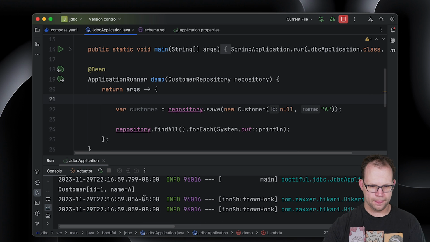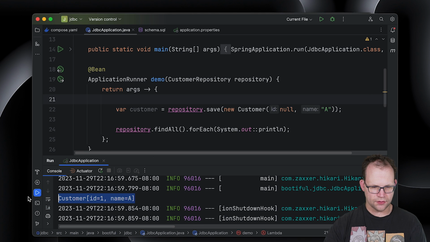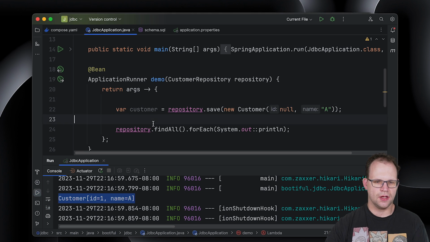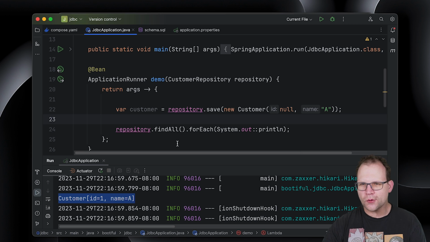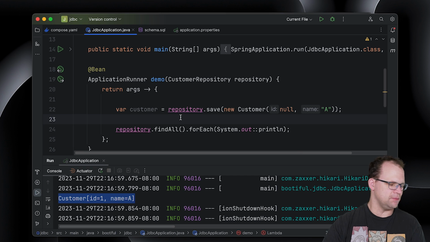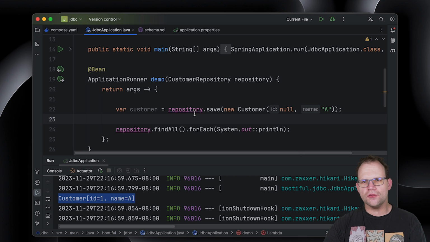Restart. There you go. So we did the search. We got the results back. Fantastic. That's nice. Okay, so now pretty straightforward. It's just a simple entity, keys and values, one row, one table. Easy, easy.